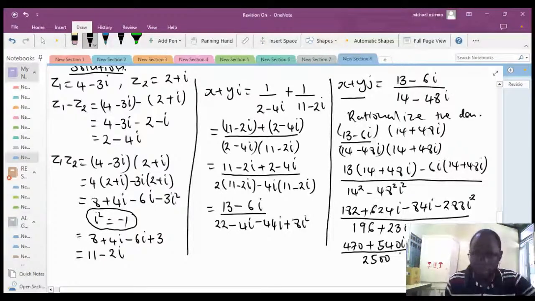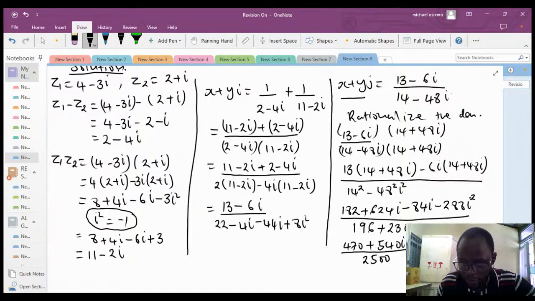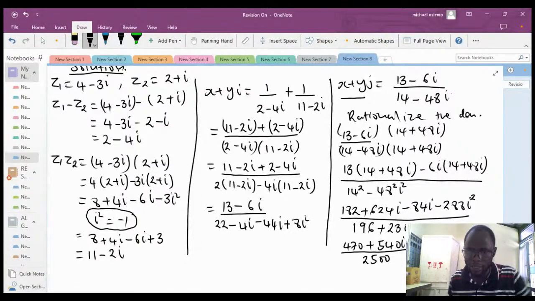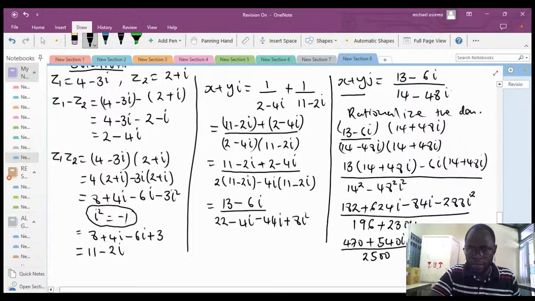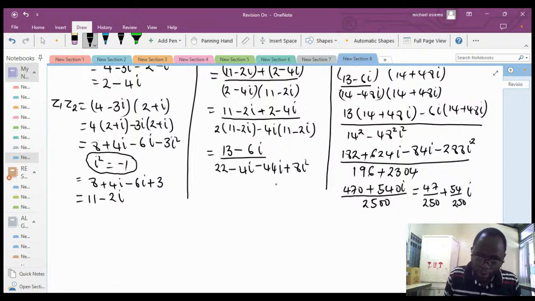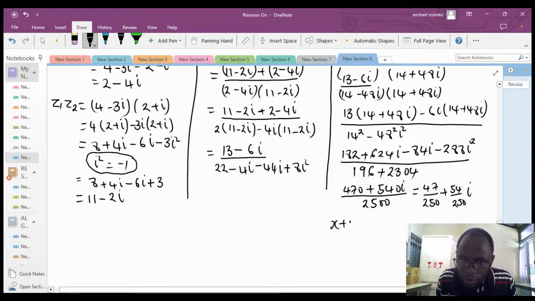And so this one here is the same as we separate the real and imaginary parts. So we can simplify further, because we know that 54 over 250 is the same as 0.216. So we can have, and also 47 divided by 250. So we can have x plus yi